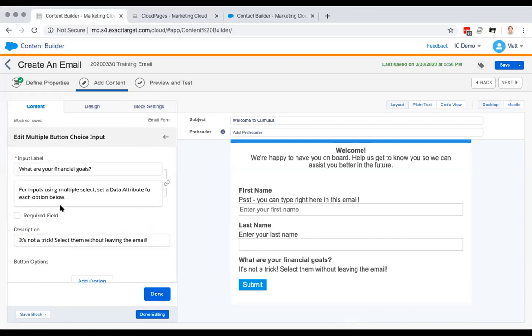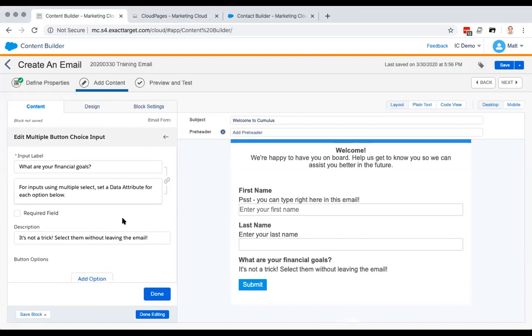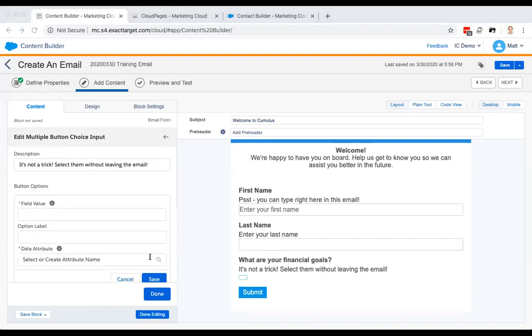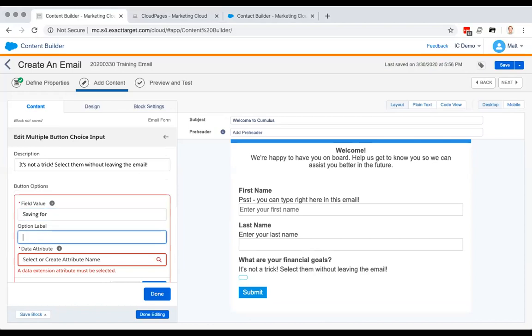And in this case, the text inputs are one-to-one with a data extension field. And then in the multiple choice scenario, so a checkbox, a multiple button choice, or a multiple image choice, you're actually going to define a data attribute or the data extension field at the option level. And so this, if any of you ever use Smart Capture, this is going to differ a little bit from that experience. So within each of these options, what I'm going to do is I'm going to say this one saving for,